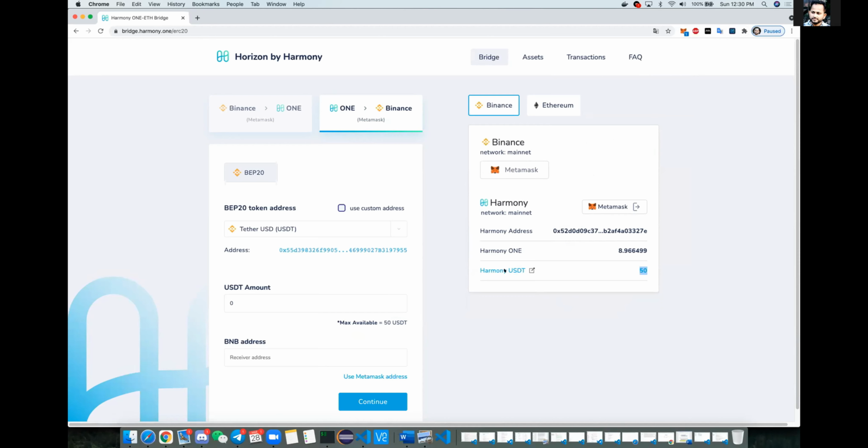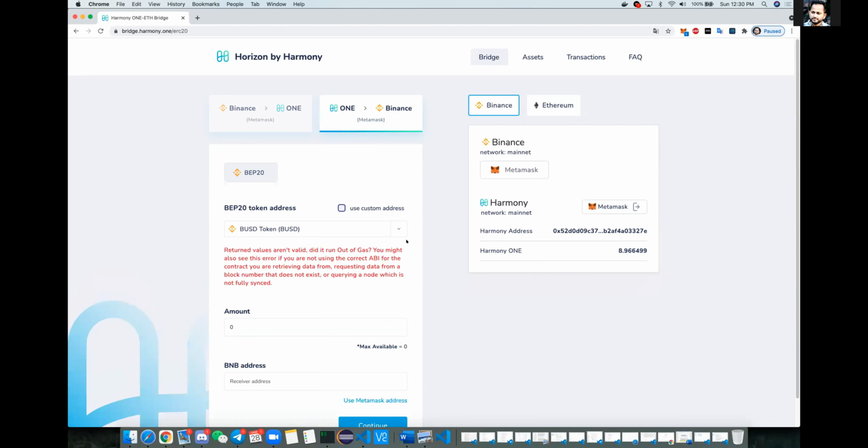I use the same MetaMask for both networks, but based on the flow, from where you want to send, you select that wallet, and it will show you the balance available to send. So for Harmony to Binance, now I connect my MetaMask to Harmony. Now I am able to see the USDT, right? Similarly, I can change to